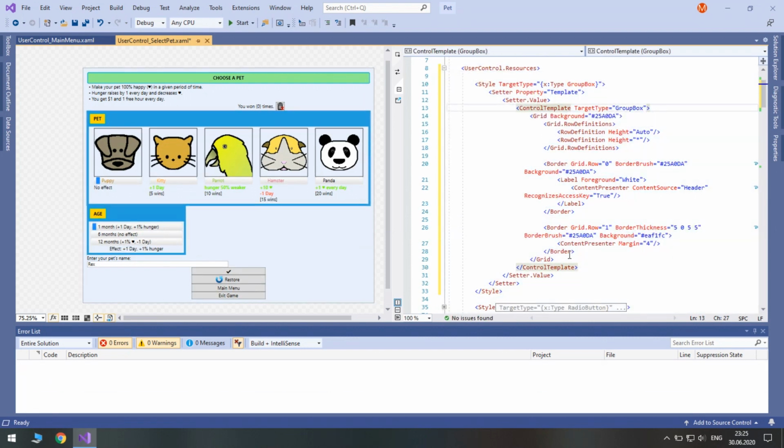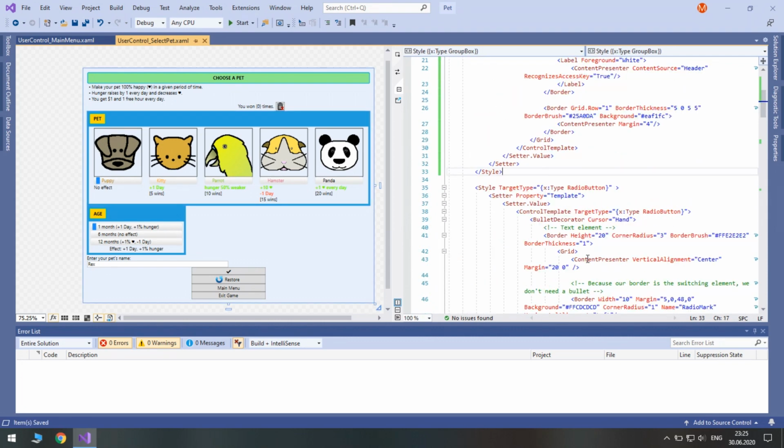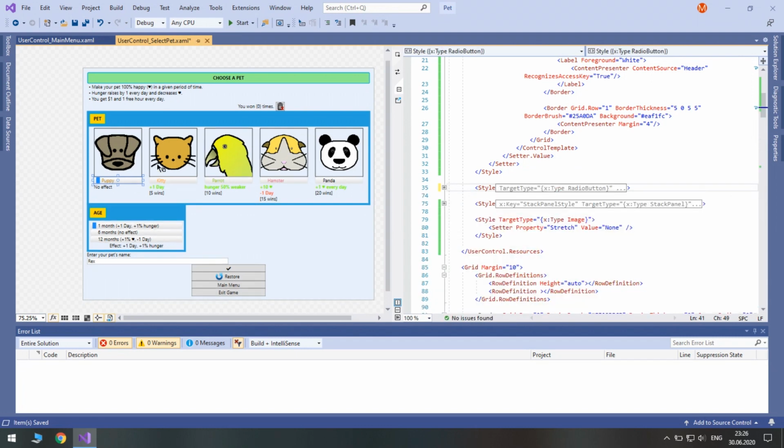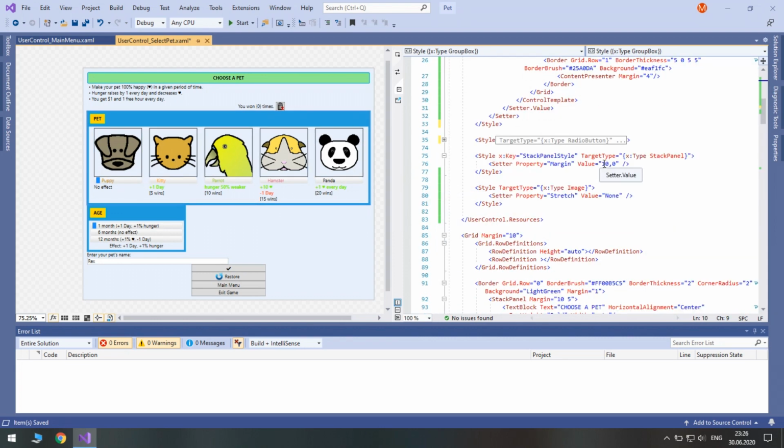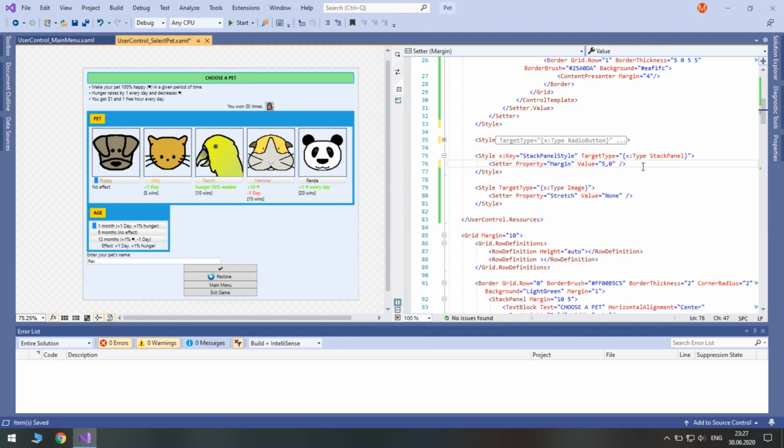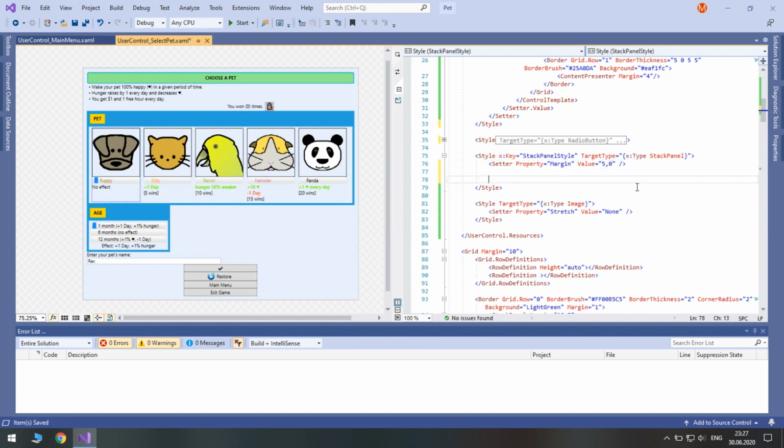Previously we made a small change to the style of radio button. Namely, we just changed the height from fixed to auto. That's all. Change the stack panel style used for these images. Let's just reduce the margin on left and right from 10 to 5. Let's also add triggers to make these pictures semi-transparent when they are disabled.